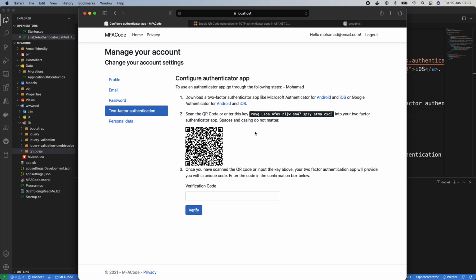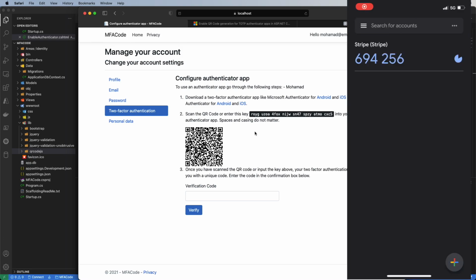Cool. So right now I'm going to be opening the Google Authenticator app on my phone. We can use the Microsoft one, but for now I have the Google one available. I'm going to be recording this from my phone, and we're going to add the process directly on the screen next to the video. So once we open the Google Authenticator app, we can click here on the plus button, we can click on scan QR,